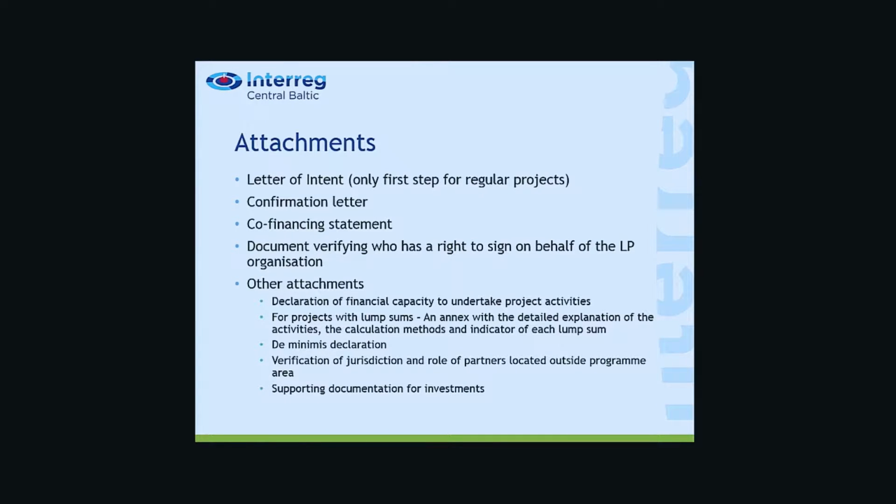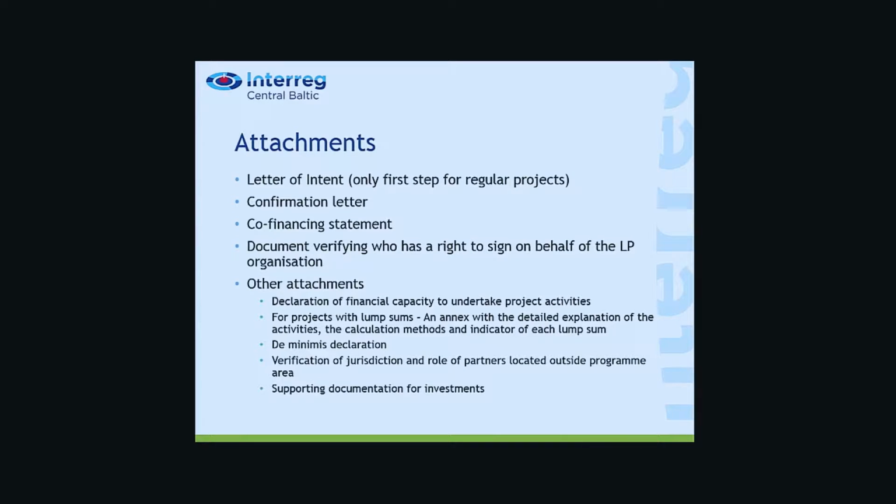And the first one, this confirmation letter. This is actually the only document that we need to have on paper, because the confirmation letter is with original signature of the lead partner, proving that they have filled in the application and they submitted the application to our program. Why is it on paper? In all our countries, the digital signature is not used yet, so we need original signature, and the only possibility right now is still on paper. So you need to mail this letter by regular post to us, and the date on the envelope must be at the latest